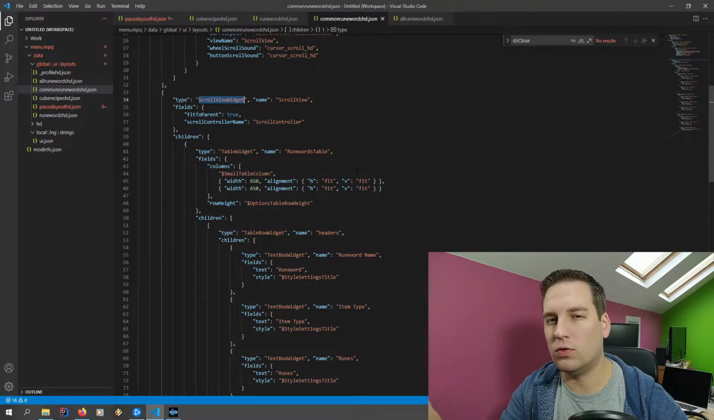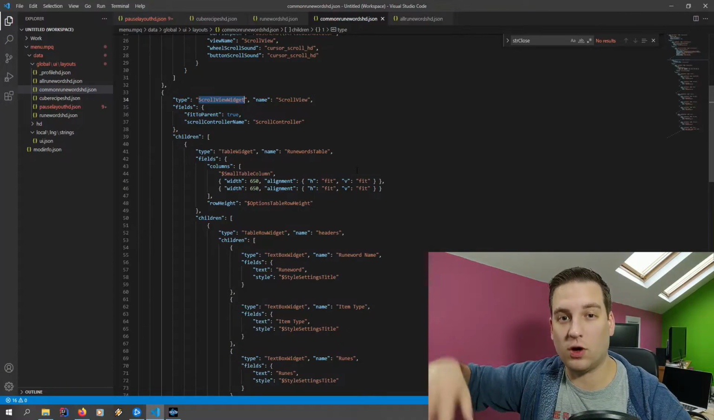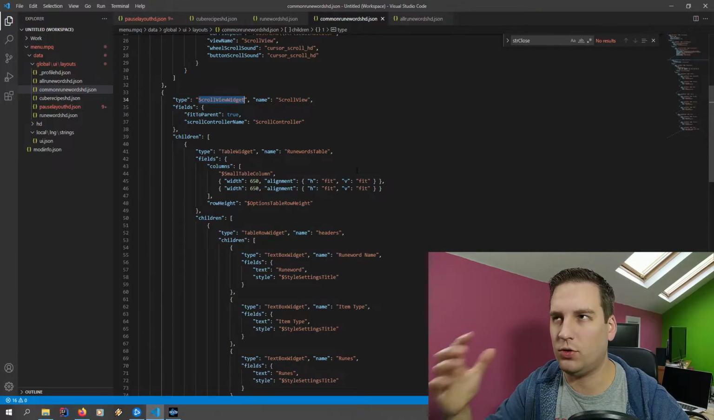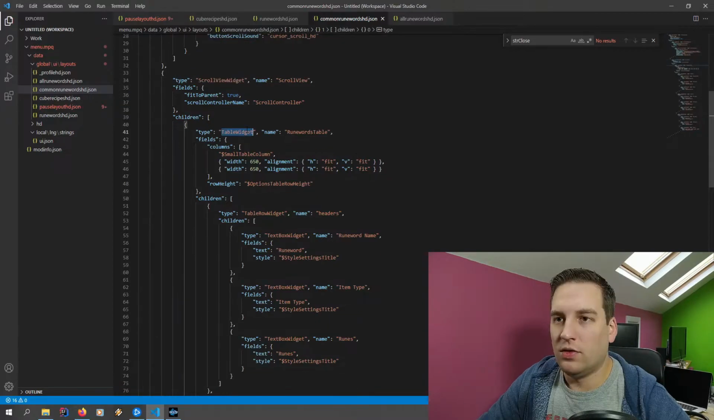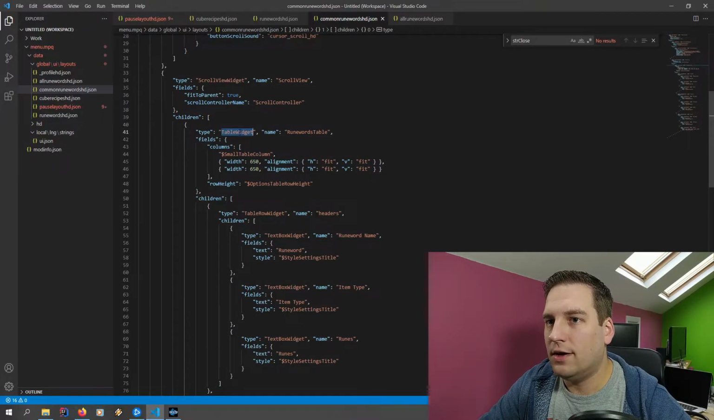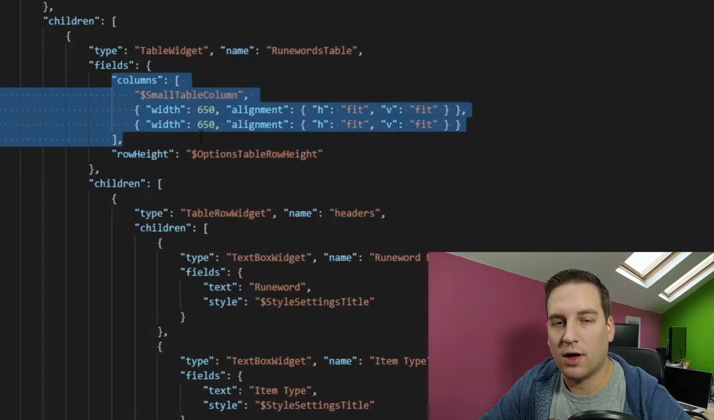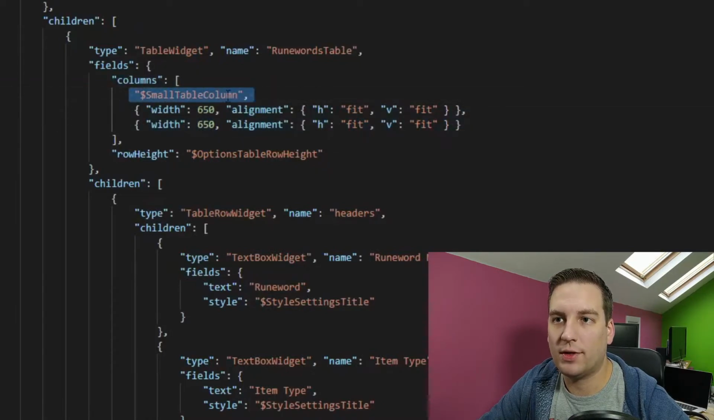But on our all Runewords tab, we actually could scroll up and down because we had a huge list of Runewords. So again, we have another table widget here, and we have 3 different columns in it. We have a small table column,